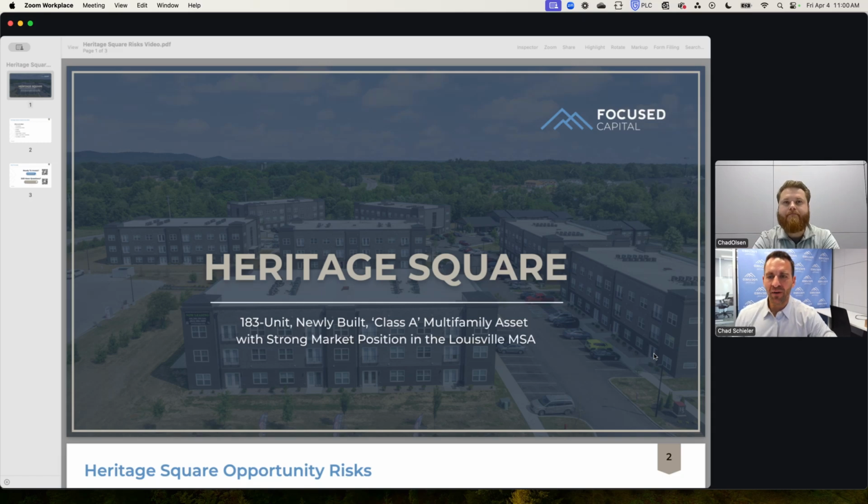All right, we're going to go over all the ways it still could go wrong, right? So there's always risk to every investment type. And we thought it'd be really appropriate to go over some of the risks involved with Heritage Square and show you more about the market, the opportunity, the occupancy, and ways that could go wrong, and also how we've mitigated